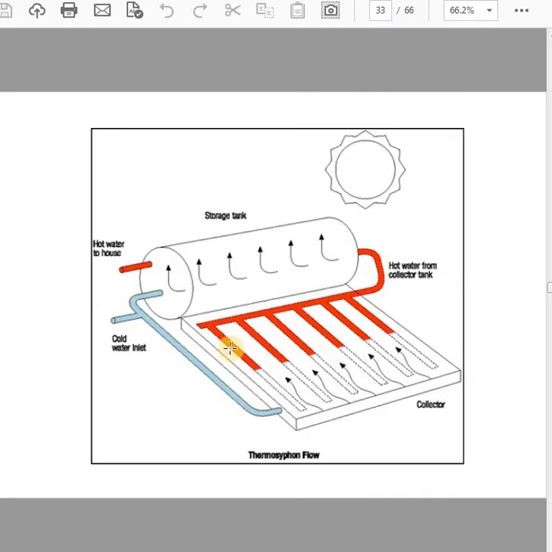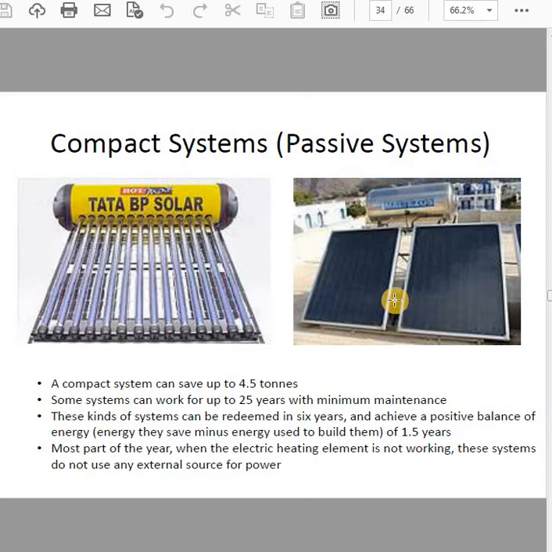With the thermosiphon flow, it will flow through, the water is heated and sent back to the storage tank. And this hot water is utilized at the hot water outlet to the house. So these are the types of compact system, and can save up to